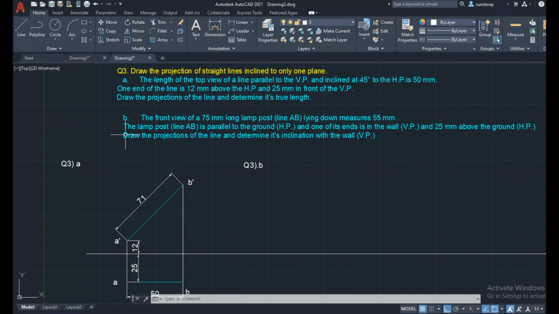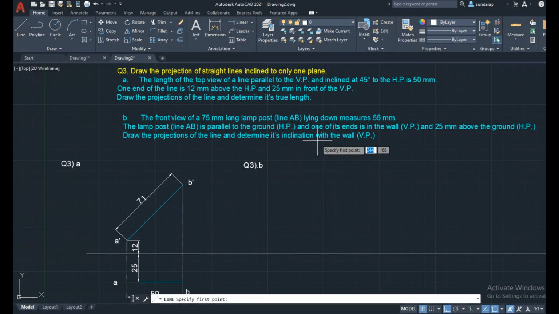Draw the projections of the line and determine its inclination with the wall. As per the condition, the line is parallel to the ground, parallel to the horizontal plane, and inclined to the vertical plane. Okay, let me start.